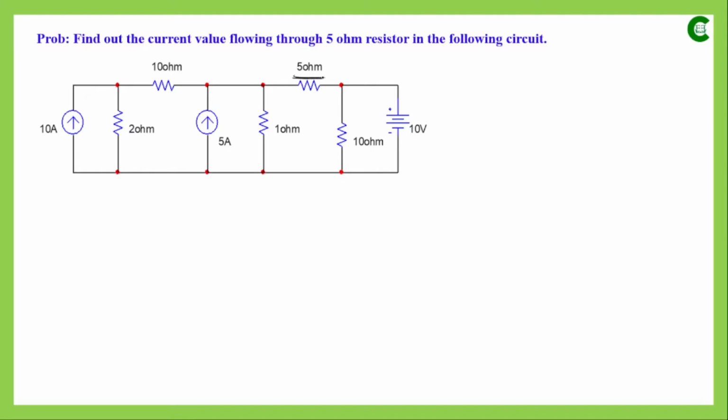Since in this class we are learning mesh analysis or KVL, we will apply KVL or mesh analysis. But how do we decide whether to apply KVL or KCL? We know that in case of KVL, all the values in the equation are in terms of voltage, voltage drops, or the value of the voltage source. So in a circuit, if we see that all the values are voltage drops, or all the sources are voltage sources, then easily